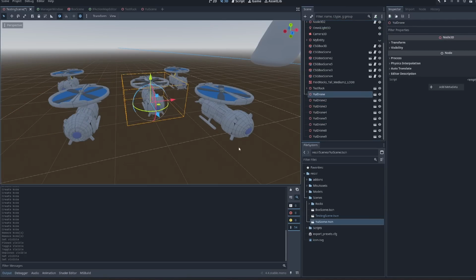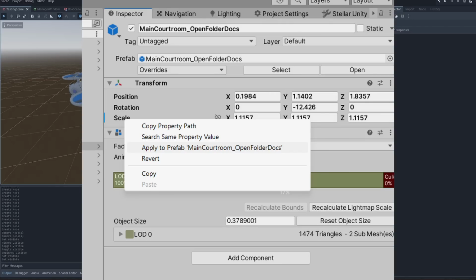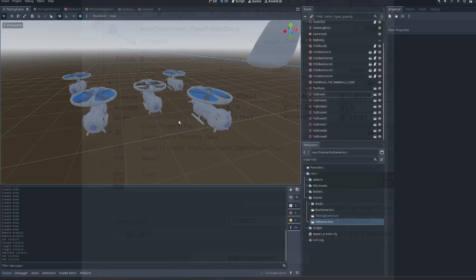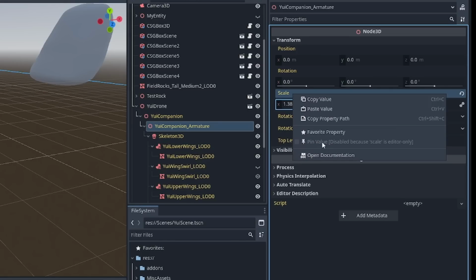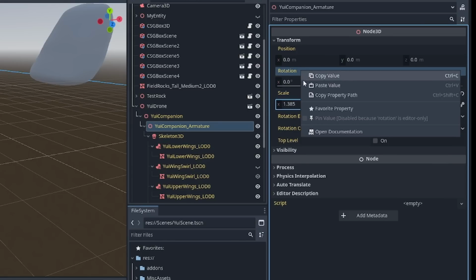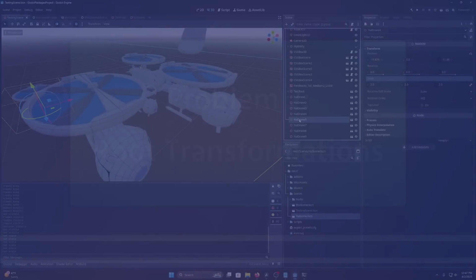Perhaps this will be more convenient if and when we have the ability to manage individual property overrides by right-clicking them, but if you want something to be distinct from the base scene, just changing the value should be enough to trigger that. Finally, the pin feature just straight up doesn't work on transform changes. That means there's no way to enforce that scale or rotation overrides will remain. And speaking of transform changes,